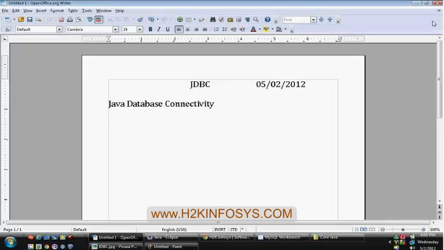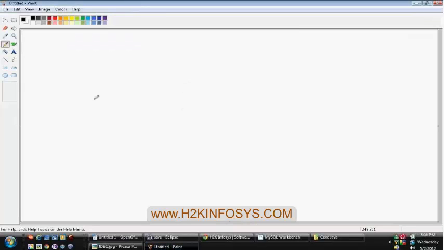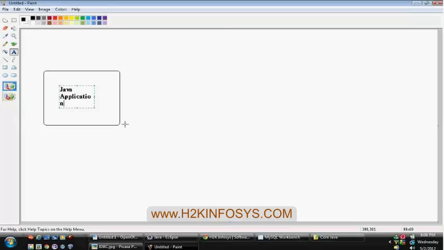To connect to the database and retrieve all the information that is required based on the tables, stored procedures, or any other kind of stuff. So normally, let us assume that this is our JVM, or this is our Java code, or let us say this is a Java application. Whenever we want to connect to the database or retrieve the information from the database,